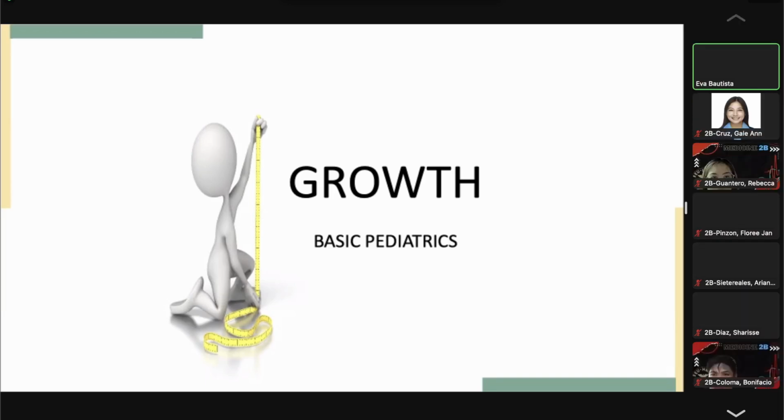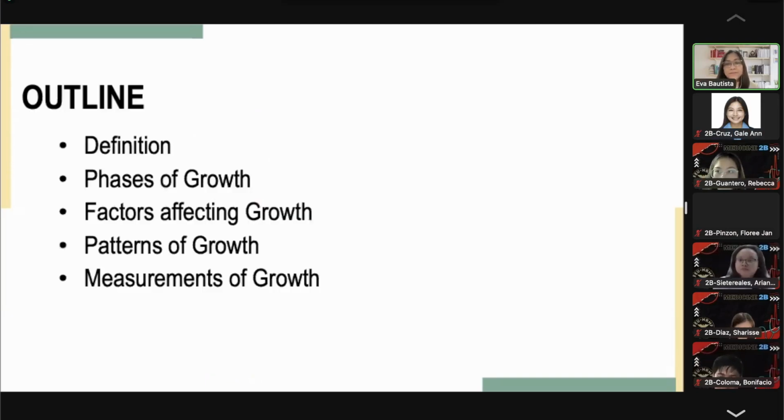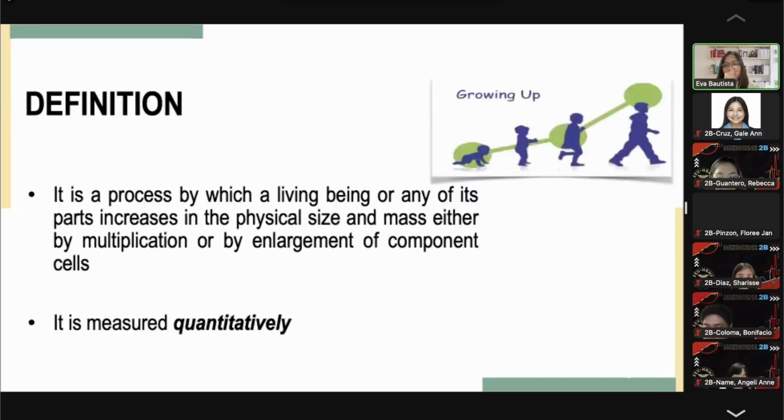So for this afternoon, I will give a lecture on growth. Okay. So this is the outline. Okay. We'll have lectures and exercises this afternoon. Okay, so